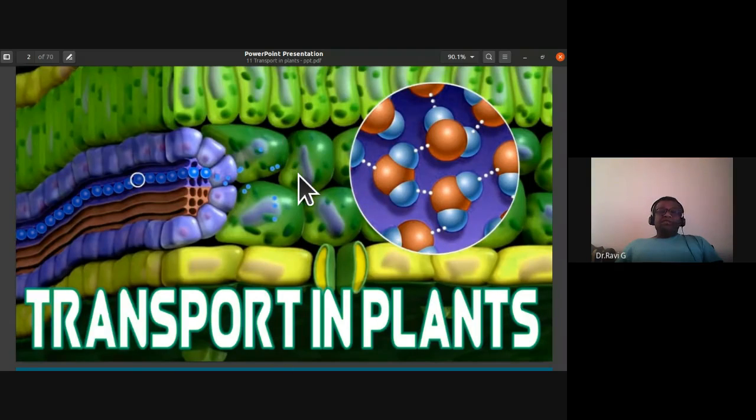You know that in animals or human beings, the transportation of nutrients, respiratory gases, and everything is brought about by the fluid vascular tissue, that is blood, the river of life. Blood does all that job. Whereas in plants, the vascular tissues xylem and phloem have to transport. Xylem transports the water and minerals, whereas the phloem transports the organic solutes. The food will be in the form of sucrose. Even though during photosynthesis it is synthesized as glucose, when it is being transported, it is in the form of sucrose.